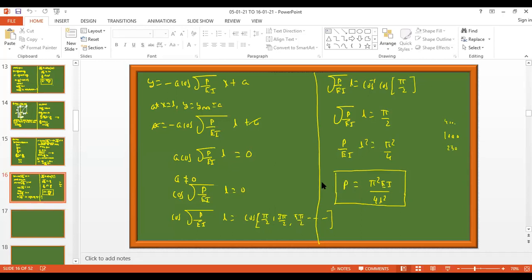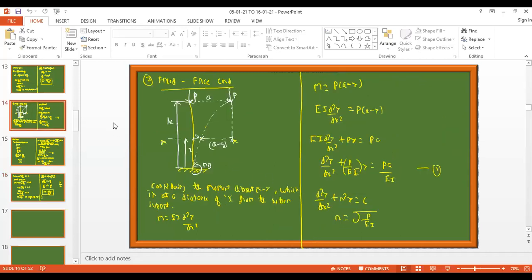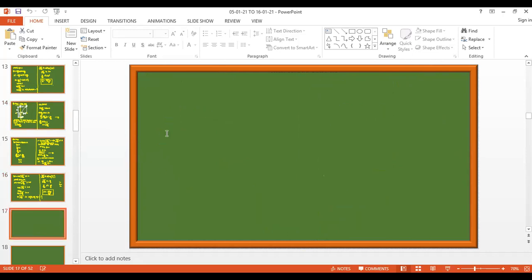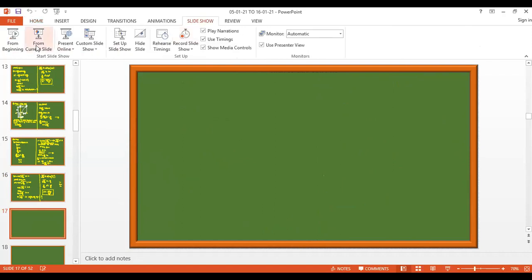We have derived the buckling load for fixed end. And the last condition, hinged fixed end, we will derive the buckling load. The buckling load for hinged and fixed end conditions.